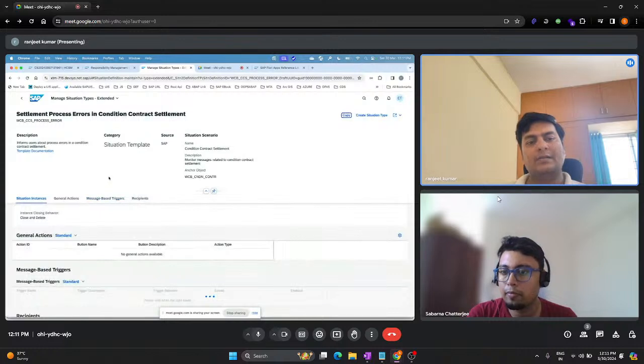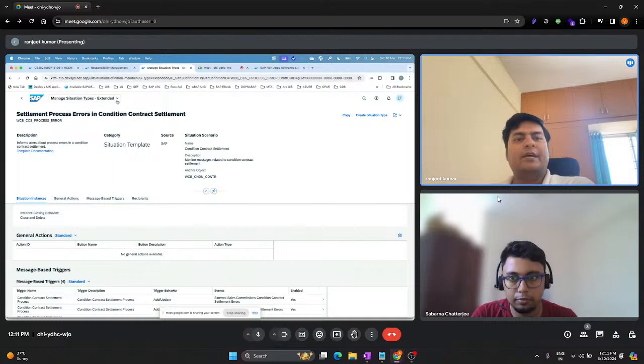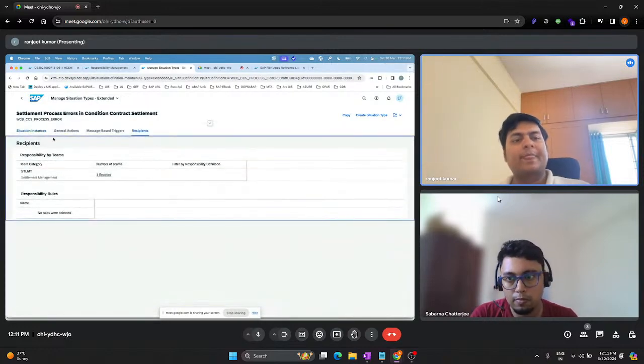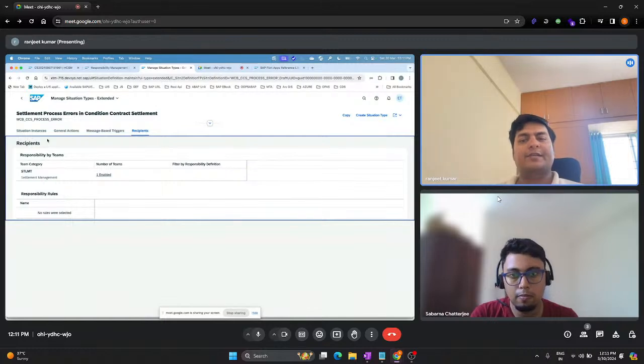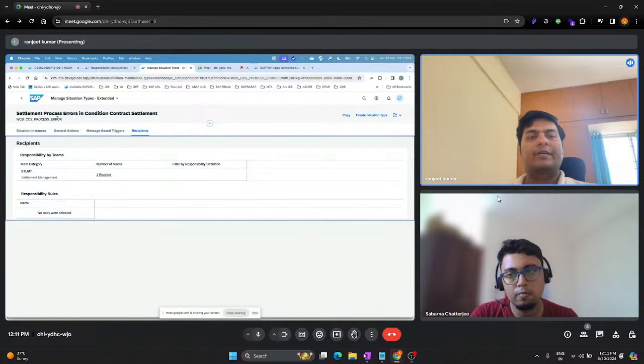In the last session we discussed managed situation types extended. In it, we have an area called recipients. In the recipients, you give a category, team category, or rule: how you would like to determine a person responsible for this particular business problem. So from where do you get this option to feed the recipient section?